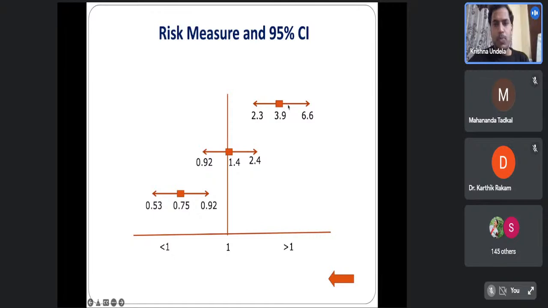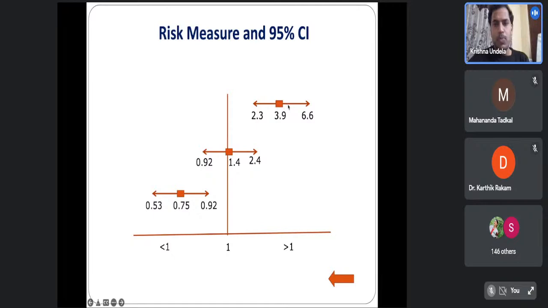Actually, the risk is starting from 1. This side is more risk, and this side is less risk, okay? Now you can see the gap between this 1 and 3.9. So what's the gap between 1 and 3.9? It is only 2.9. That means people who are taking the empirical, they're having 2.9 times more chance of getting